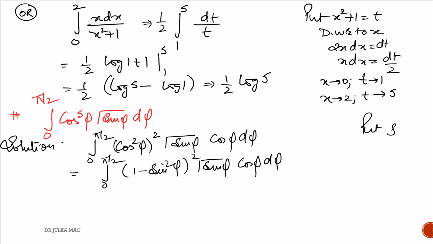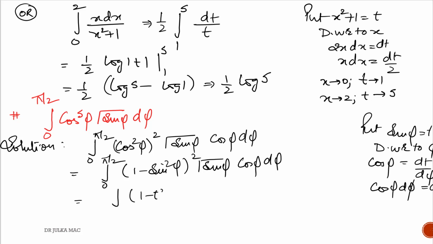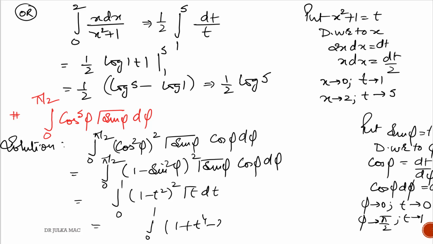Put sine phi equals t, so the derivative with respect to phi is cos phi equals dt by d phi. So cos phi d phi is replaced by dt and sine phi is replaced by t. Now when phi is 0, t is 0. When phi is pi by 2, sine pi by 2 is 1. So t is 1. Replace limits and after simplification we'll get